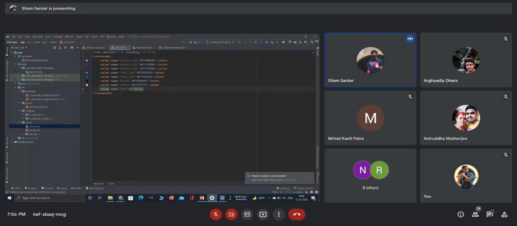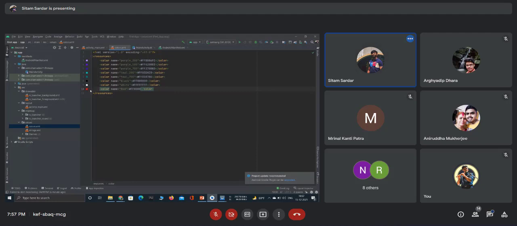So first, I'm giving a hash. For every hex code, you need to give a hash. Then there are 6 digits. You can choose 6 digits. So if you want just red color, give the first two digits as FF and the remaining 4 digits as 0. Then see, it's showing a red color.